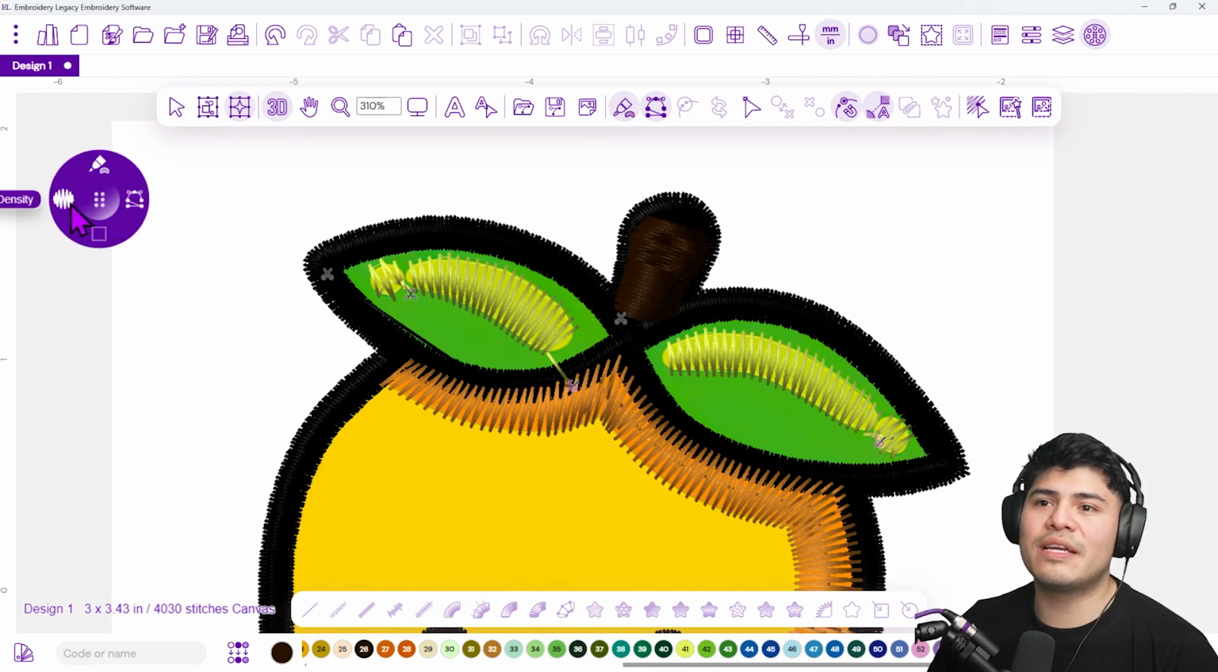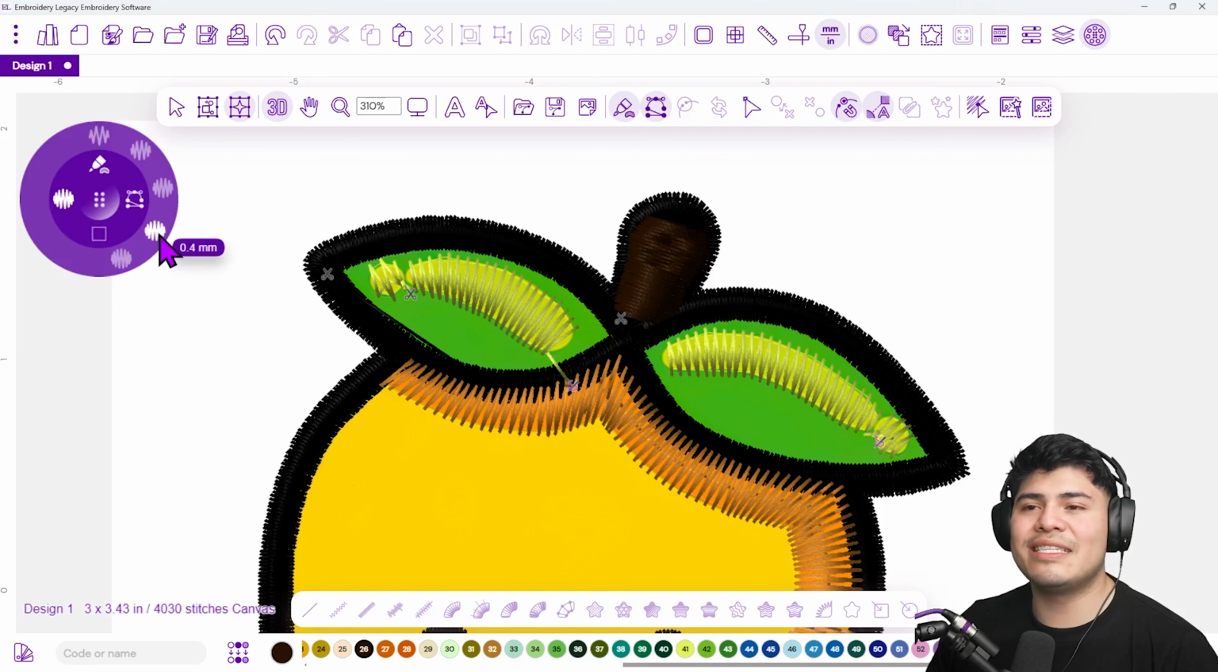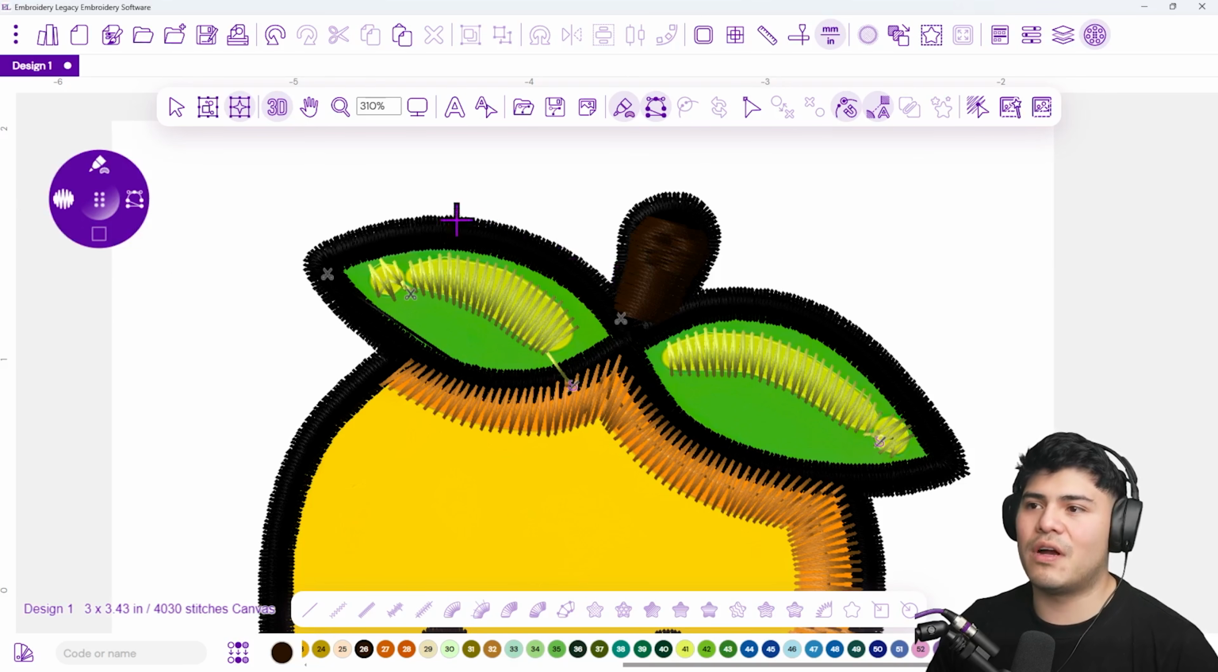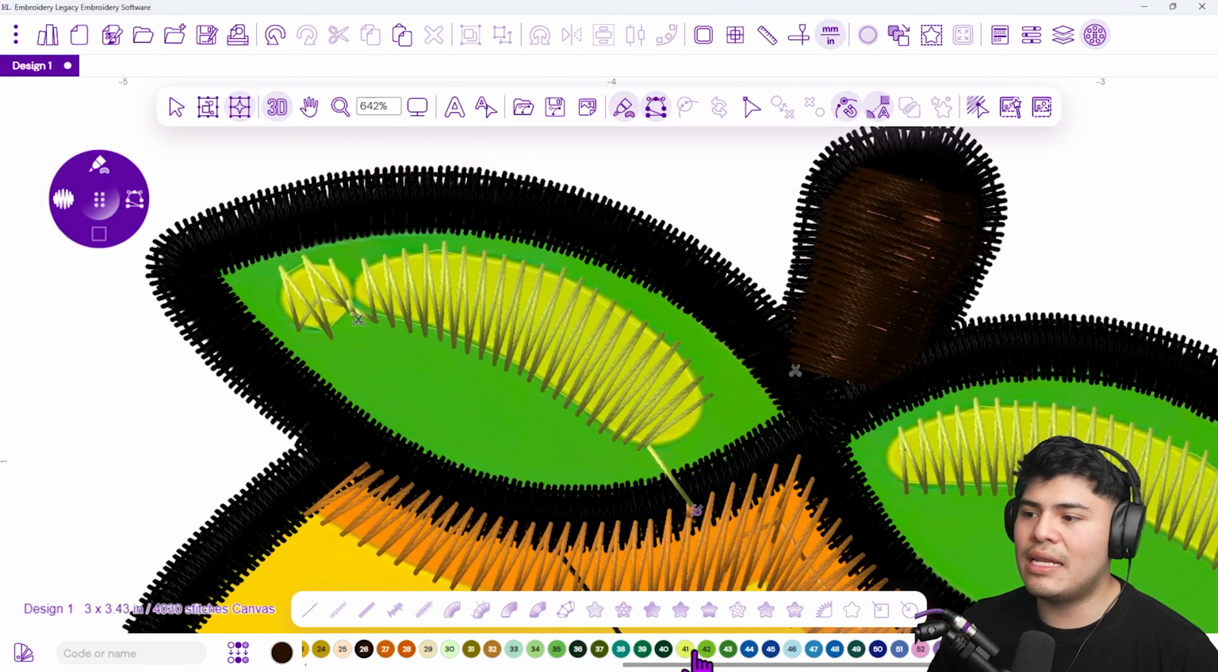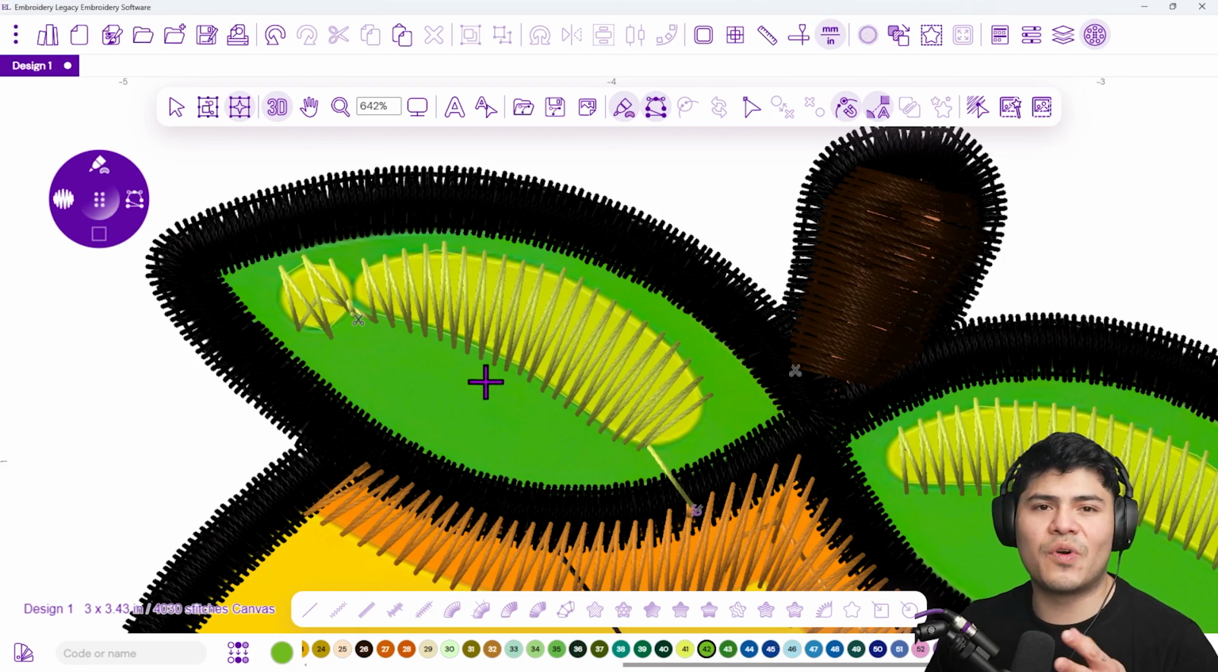So I'm going to click on fill. Let's check out our density. I think 0.4 is perfect, and we're going to leave it in fast draw as well. Now I'm just going to zoom in using the scroll wheel, and let me pick a different color. Since we used the light green for the highlights, I think I'll use 42, which is more of a standard